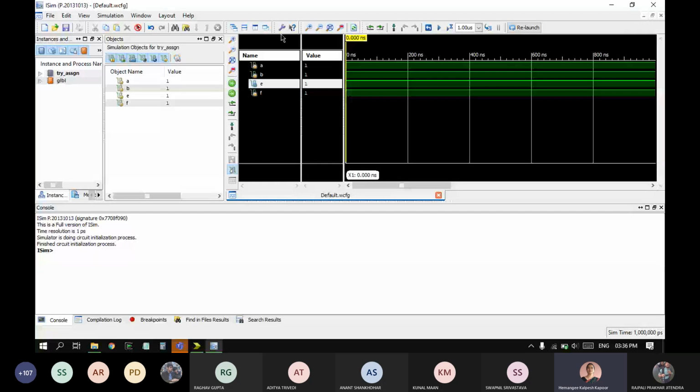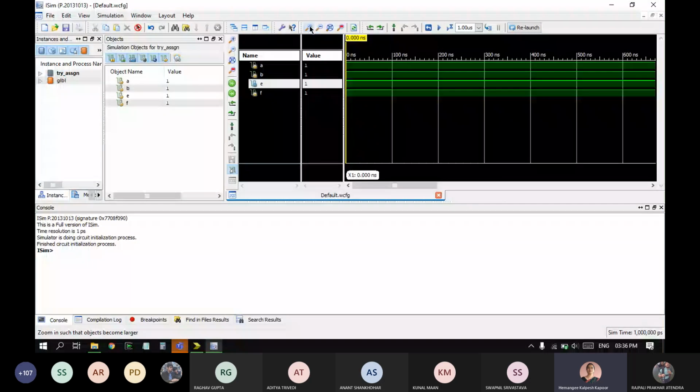I'll just zoom it, but here there is no change at 0 nanoseconds. Everything is assigned naturally because I did not put any delays. Okay, so we cannot visualize the difference between a non-blocking and blocking assignment in this case, but to see that we need to do some changes here so that I can see the difference.